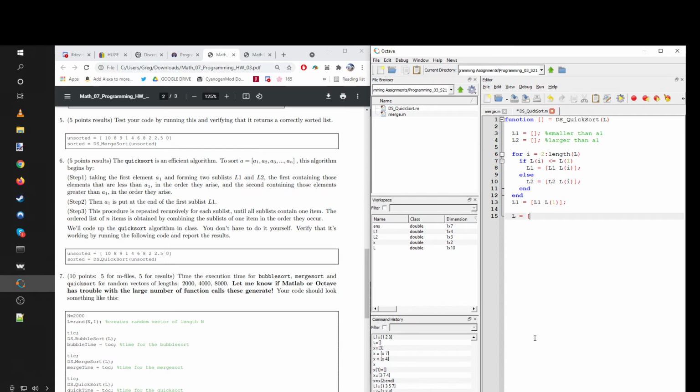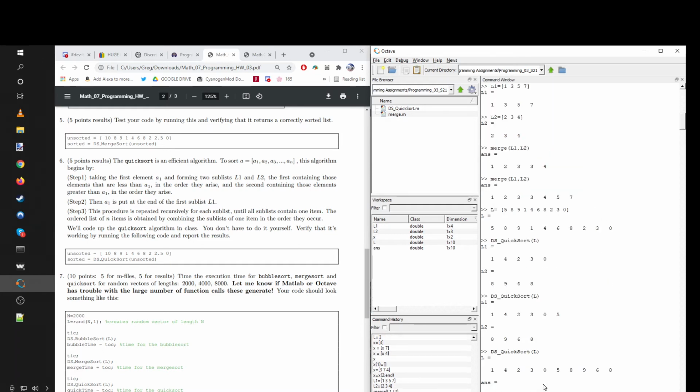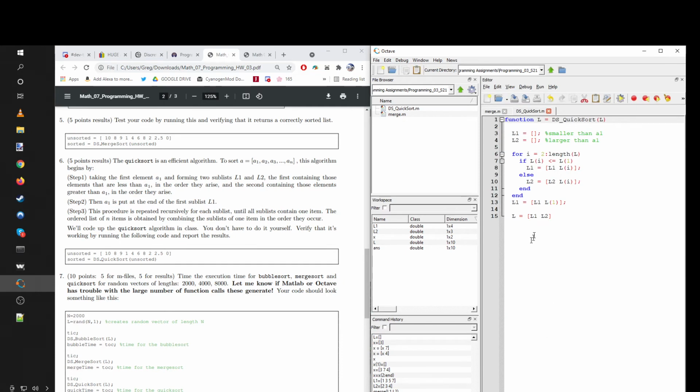if I did this, L1, L2, it would not be sorted, right? This is not a sorted list, but you still have the elements at the beginning smaller than the elements at the end, so it's partially sorted. How do you finish sorting it? Well, all you would need to do is, instead of just doing L equals L1, L2, you should call this function